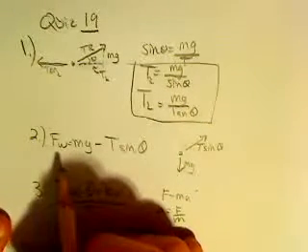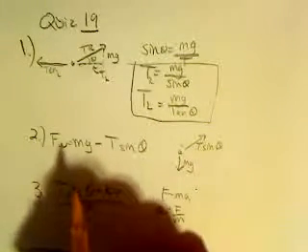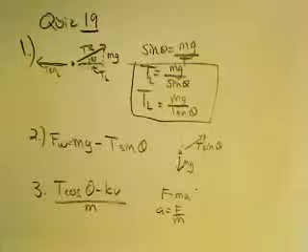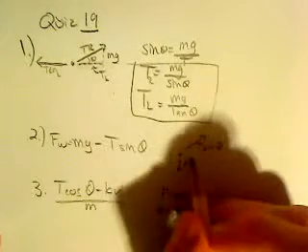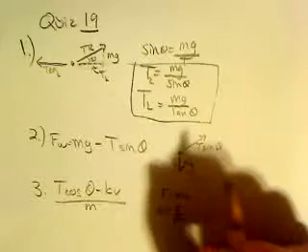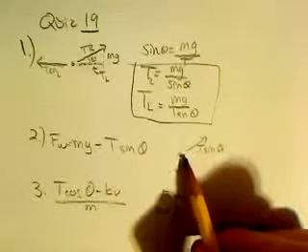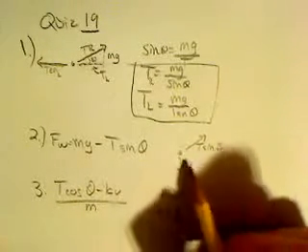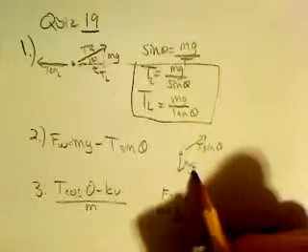Number two asks, the water skier has a mass of m and is pulled along the water by a cord with a tension T at an angle of theta above the horizontal. So basically a similar question, and if we draw out the free body diagram here, we can see that the force of the water is going to be the mass times gravity, or the normal force,